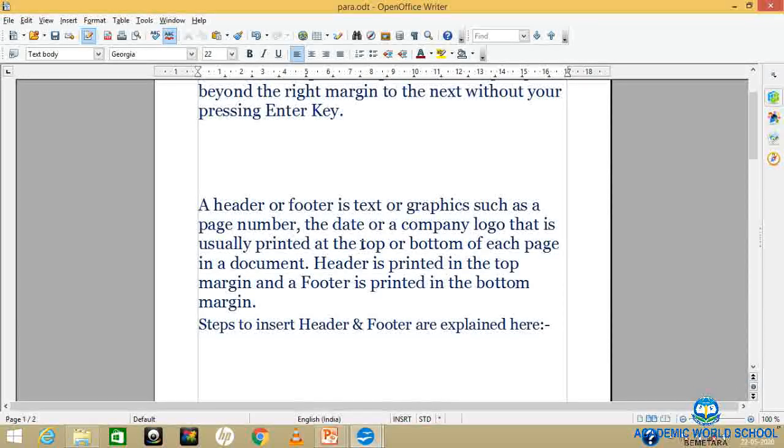Change case is available in the Format tab, and there is the option Change Case. See, how many change case options do we have? Here we have five types: first sentence case, second lower case, upper case, capitalize every word, and toggle case.